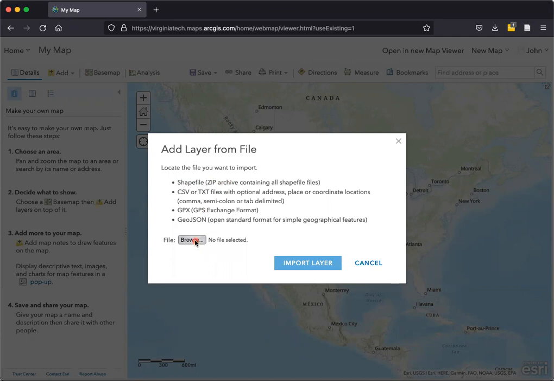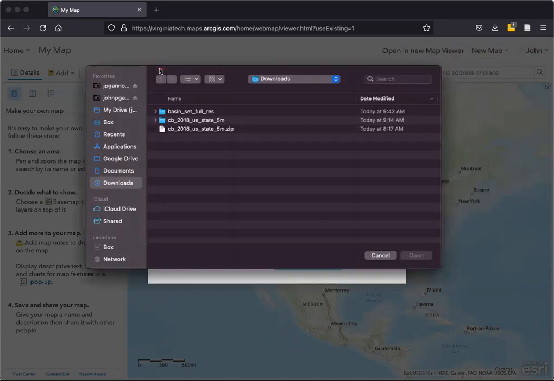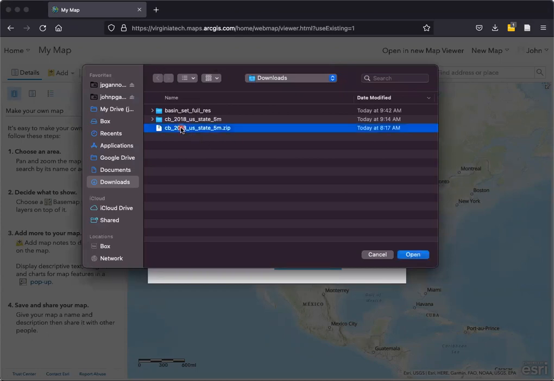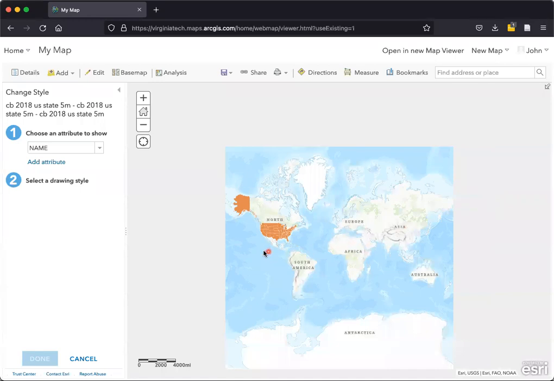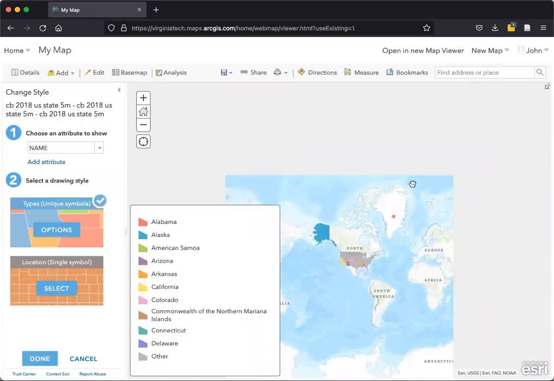So we're going to click Browse, and then in my Downloads folder, I have a zipped-up folder of US states, and I'm going to click that. You can see here that it's a .zip, so this is a zipped folder. I'm going to go ahead and leave this as generalized features for web display just so it's good and speedy, and I'm going to click Import Layer. So you can see that we brought in the